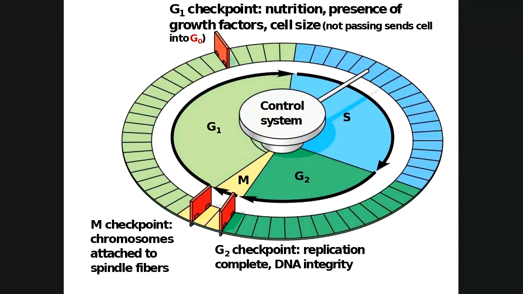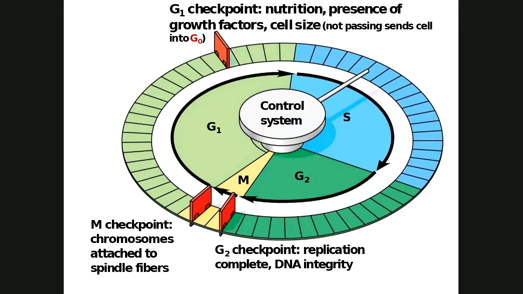In the G1 checkpoint, the organism is going to check for the nutritional level and the presence of growth factors. Growth factors are chemicals that basically relay a message to the cell that says, go ahead and divide, go ahead and make more cells. And the reason why nutrition is tied to that is if your body is having a hard enough time supplying food to the cells it's got, then you really aren't going to make any more cells, right? Can't feed the ones you've got, you don't want to make any more.